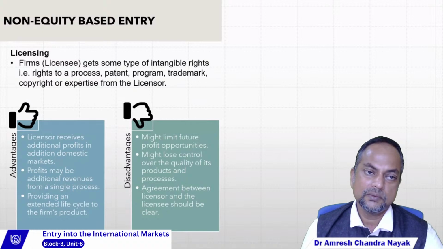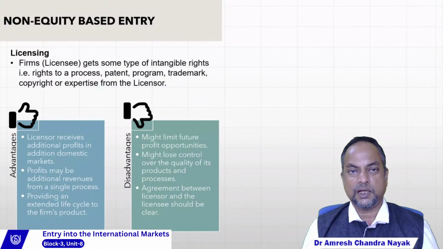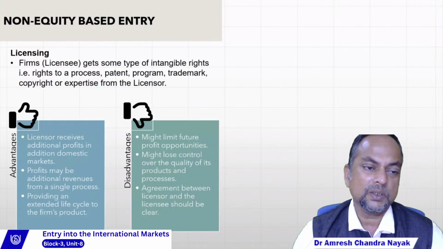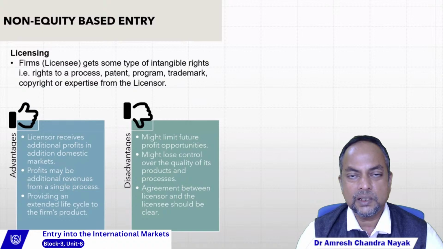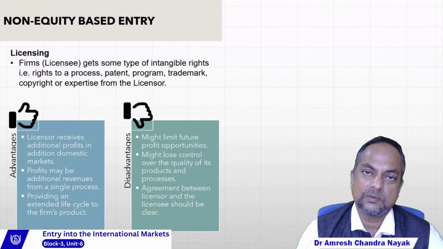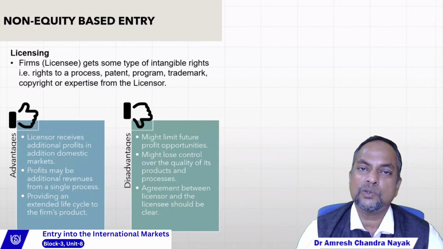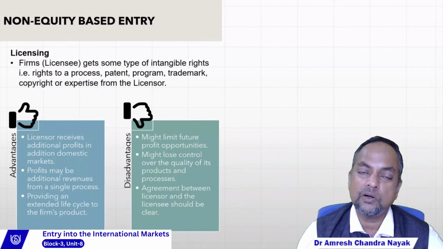Right? So these are the factors. We are outsourcing the basic process part, then the program part, trademarks, copyrights, patents, processes, all of those things are to be considered for that. Right? So what are the advantages? Here you can see that in the licensing process, I'm just outsourcing my technology, or my process, right? But I'm not directly involved in the process.